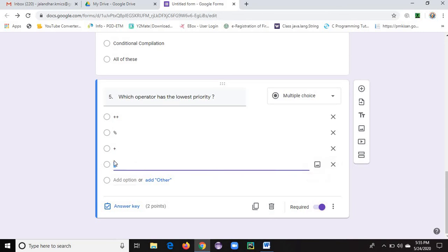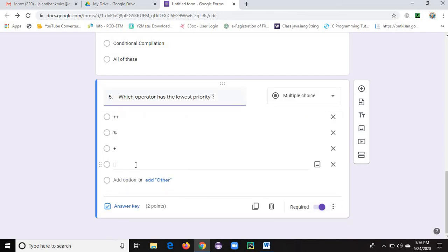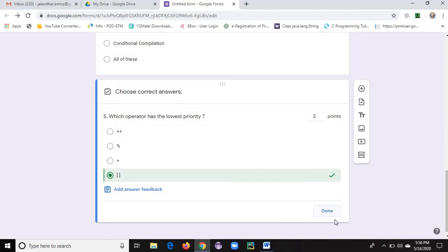Among the four, which is the highest priority? Bracket. According to the BODMAS rule, bracket is the highest priority; it is a mathematical rule. This is not a bracket, this is plus, the unary. Highest priority will be given to, just a minute, I'll make a change. Actually, I'm giving this bracket. Highest priority is bracket. So this is the term.